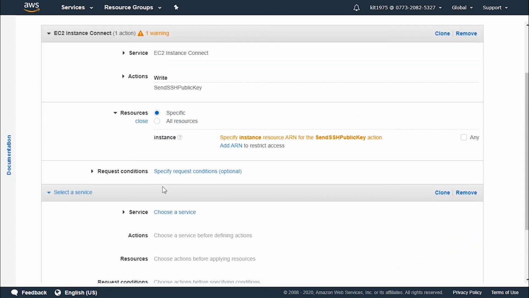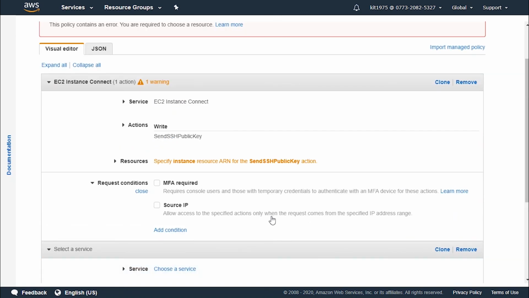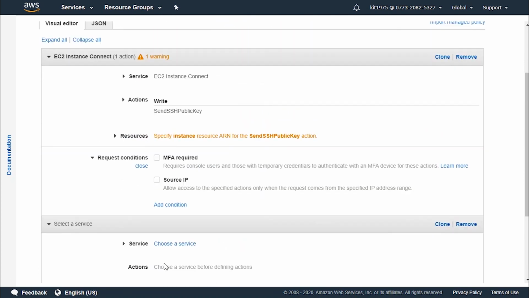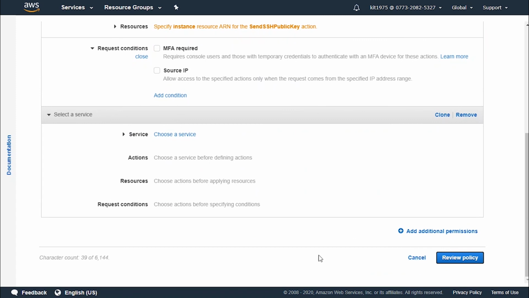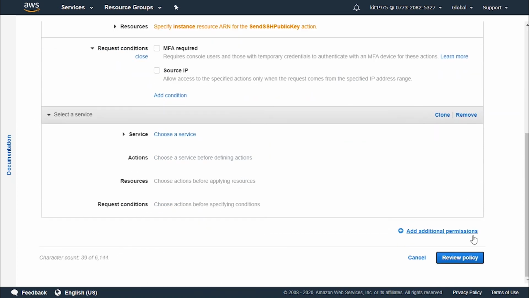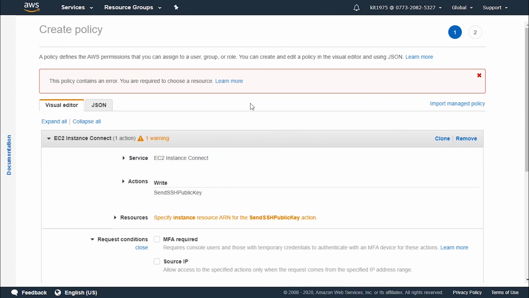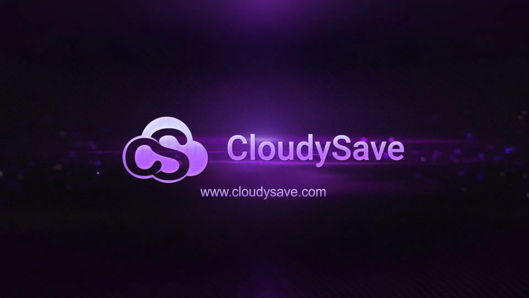So upon finishing all the required and needed settings to be filled over here, we go ahead and click on review policy, which will take us to the page of reviewing all the policy and the settings that we have chosen for it. In case we need to make any changes, we go ahead and click on cancel, or we click on review policy in order to finish our steps. And then, as you can see, we have one warning. So we will need to go back and actually correct the warning in order to be able to go to the next page. So review policy, which will take you back and you make the required changes. Then you keep on going until